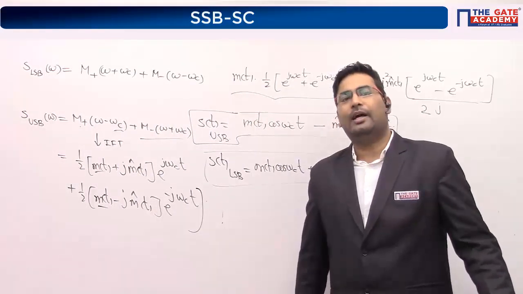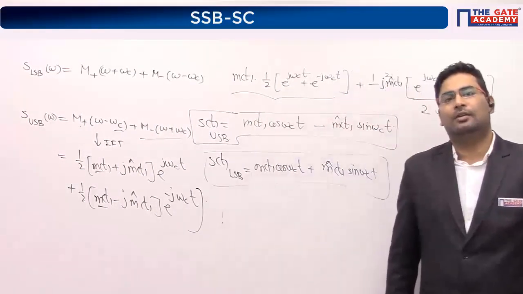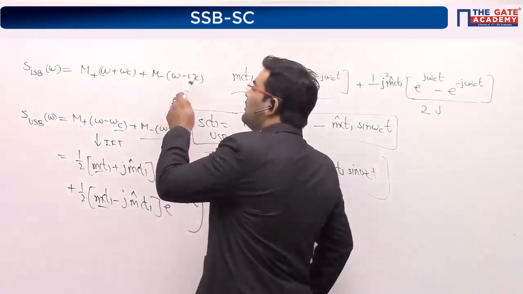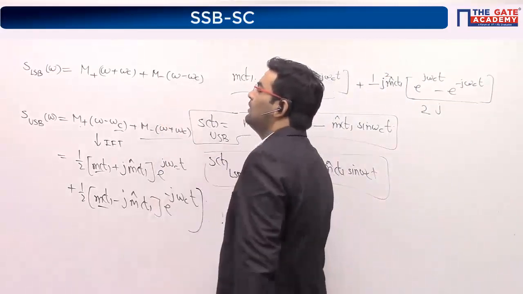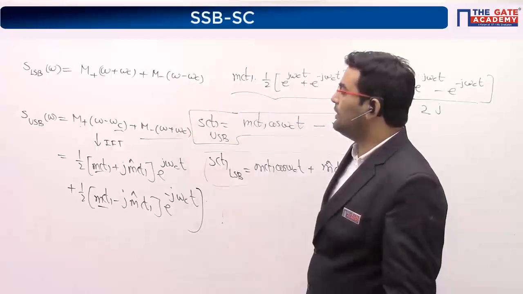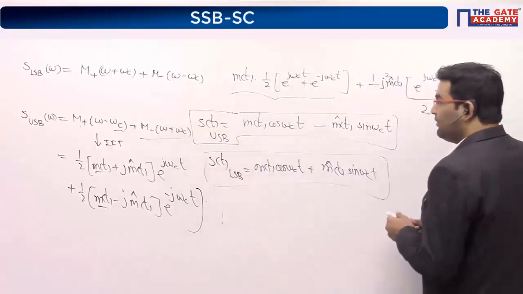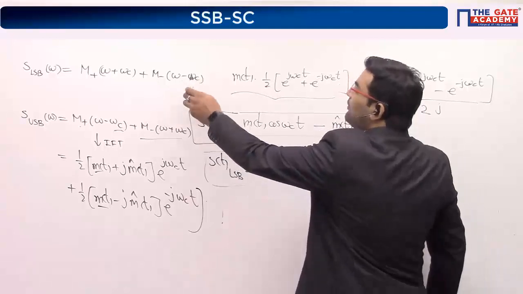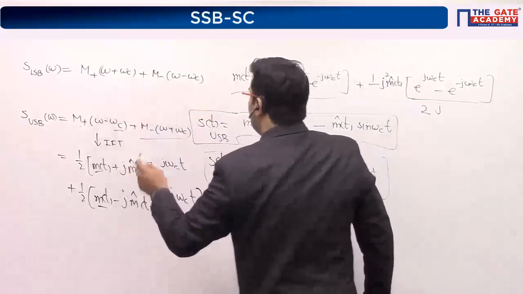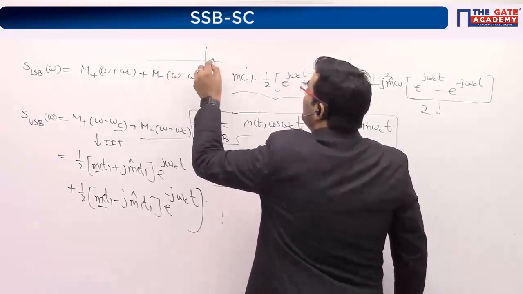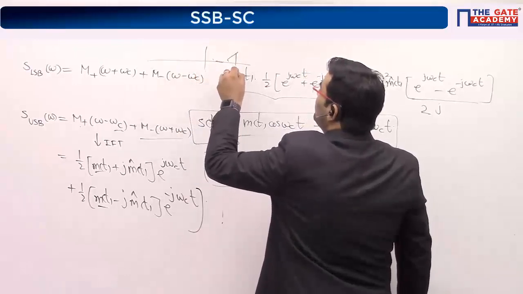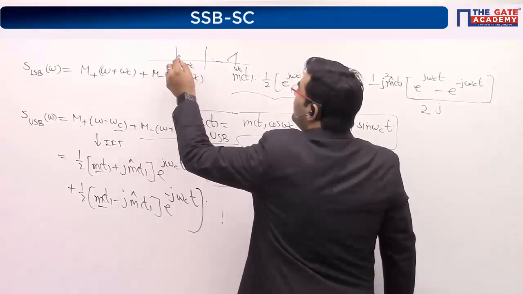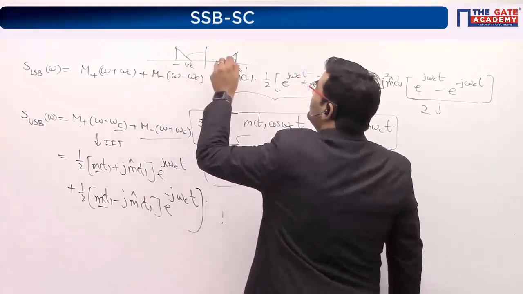Where was omega minus omega c on the graph? So guys, see, this is omega equal to omega c. Means this is like omega minus omega c. If you take this as the negative frequency, this will give you omega equal to omega c. So lower sideband means this, and you'll get this part. This is also omega c, and this is like minus omega c. So this is like the lower sideband.